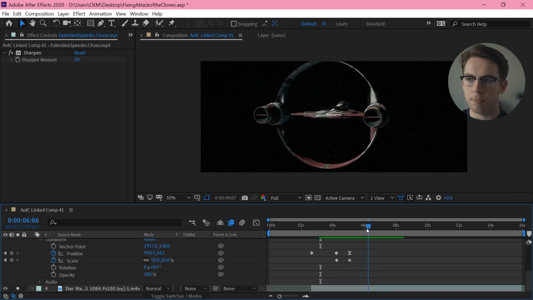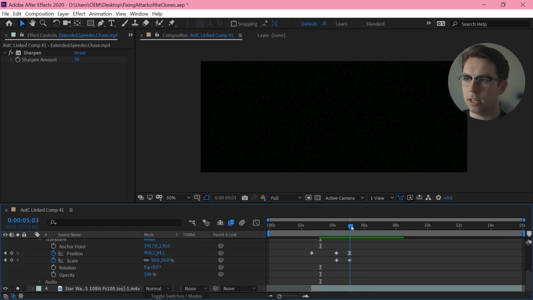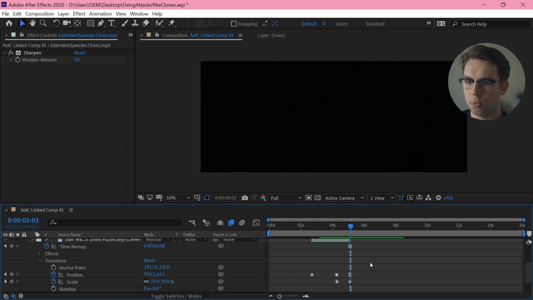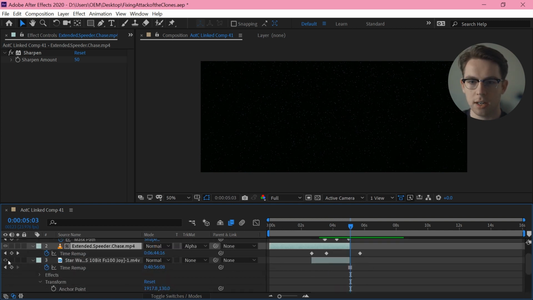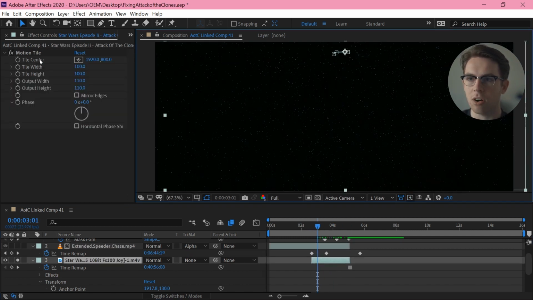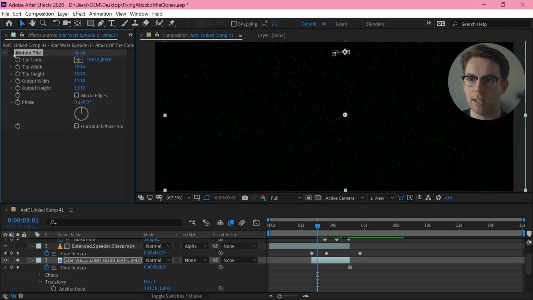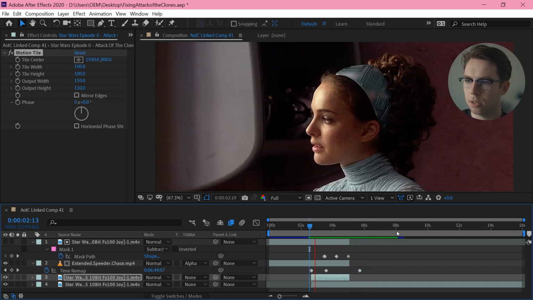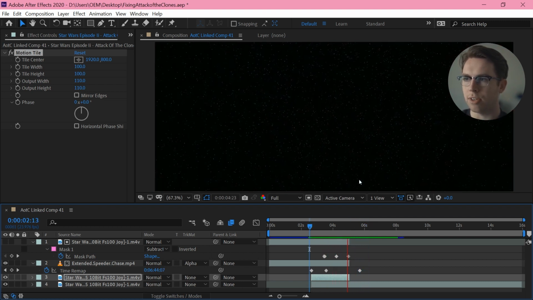And then at the bottom, I'm revealing this footage here. So I need to reconstruct a clean plate of the stars here, which is pretty straightforward. Again, I'm just taking a freeze frame of the stars at this point and giving them a bit of movement. And here I'm using a motion tile to extend those edges out. So that freeze frame cuts into the start of this shot perfectly. Pretty straightforward stuff.